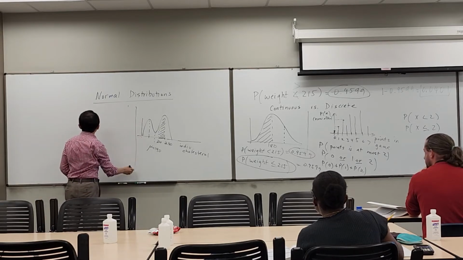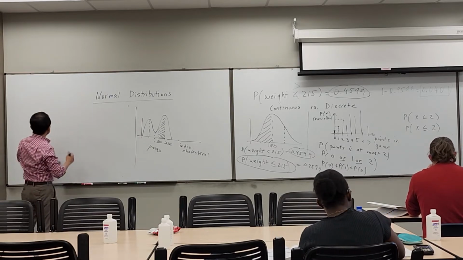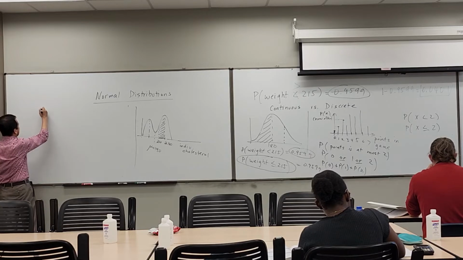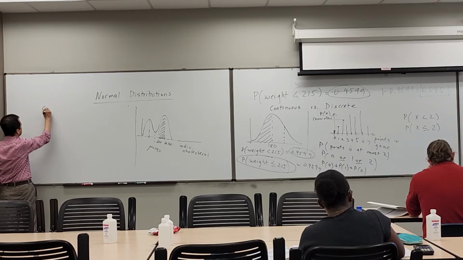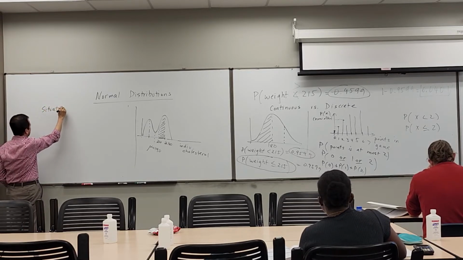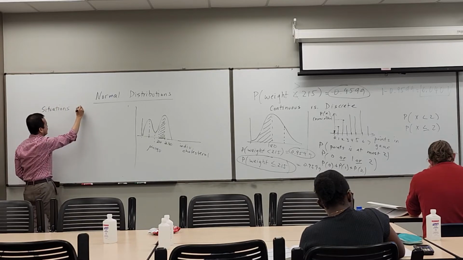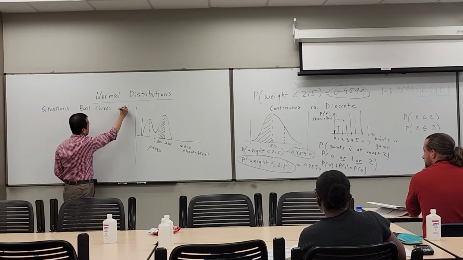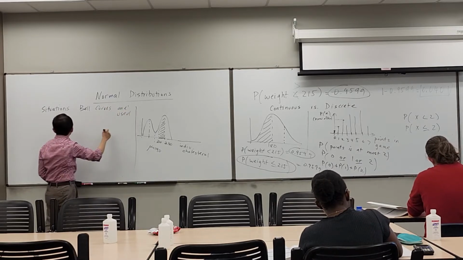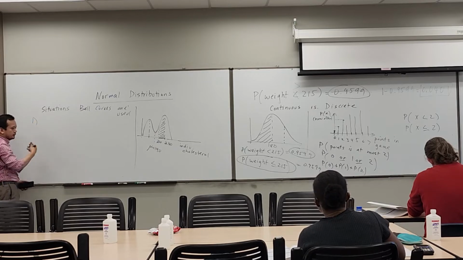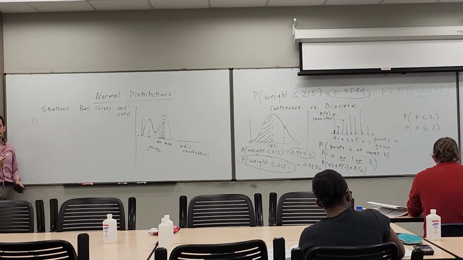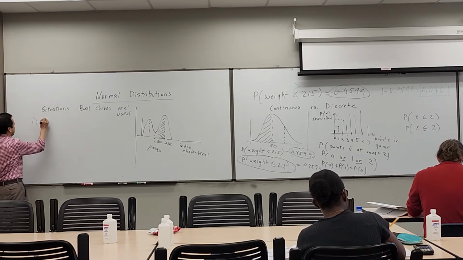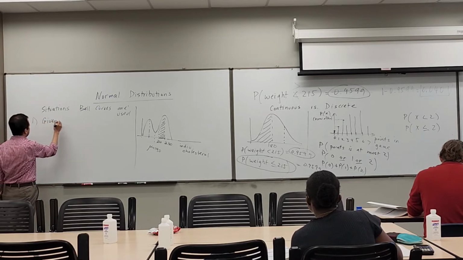So we're going to talk about situations where bell curves are used, at least in this class. So the first situation is the easiest situation, which we talked about already, is that it's given to you or observed by you that the variable is distributed as a bell curve. So given or observed